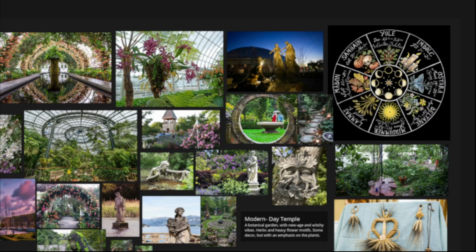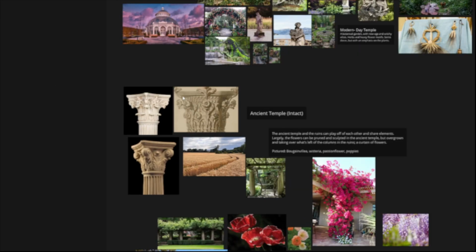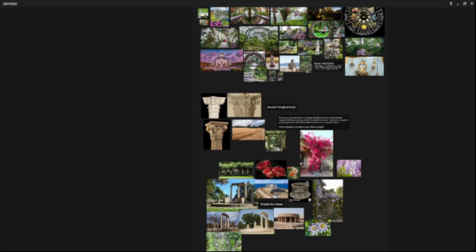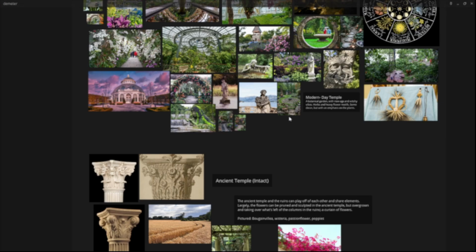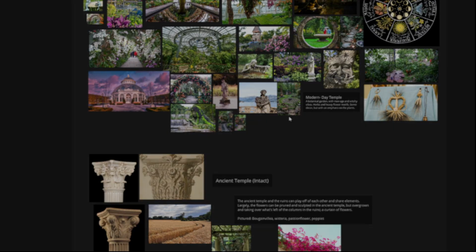So I'm excited to get started on this. I think that it's going to be a lot of fun. I want to incorporate the ancient temple aspects of the flowering plants, vining, and the Corinthian columns into the modern stuff somehow as well. I'm still trying to figure out a way to do that, but I think that it's going to be amazing to work on. So I'm excited, and I will get started on my sketching soon.